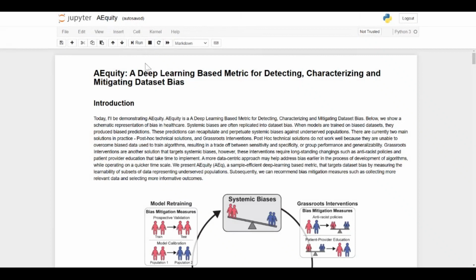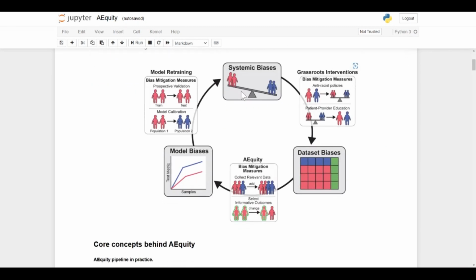Today I'll be talking about AEQ, which is a deep learning-based metric for detecting, characterizing, and mitigating dataset bias. So let's look at how biases occur in healthcare. We have systemic biases, which are translated into dataset bias. Dataset biases become translated into models when models are trained on biased datasets, and these model biases can propagate into